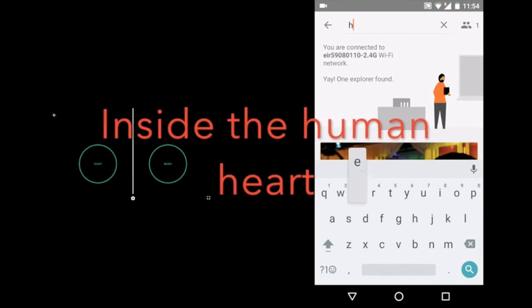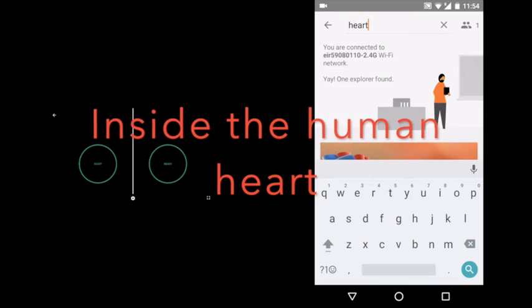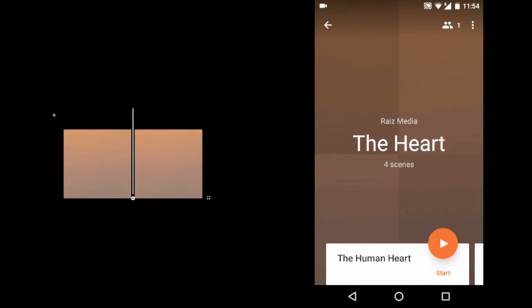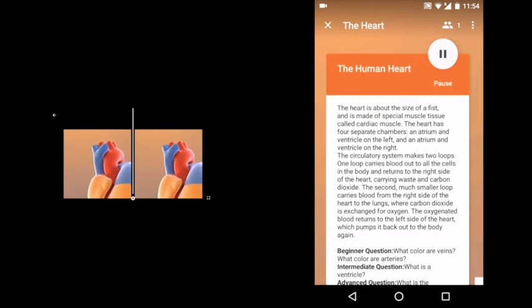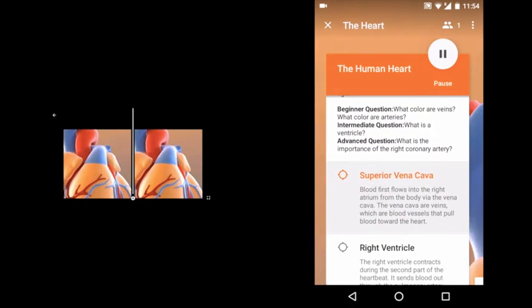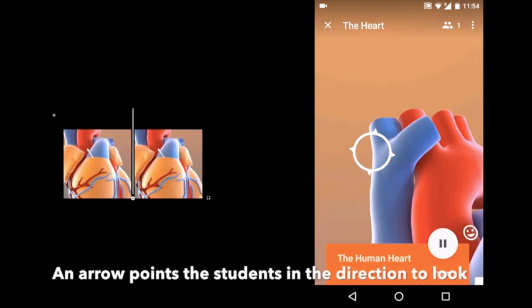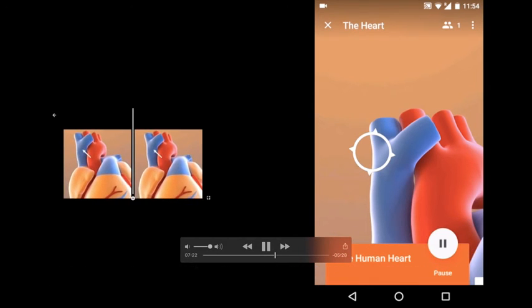We're now going to look at Inside the Human Heart, which will be a great science expedition. If a student is looking in a different direction, an arrow will